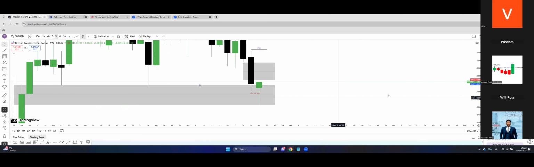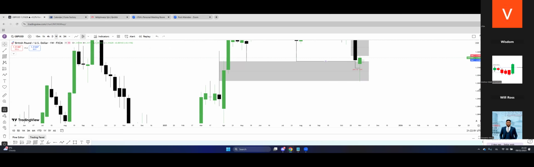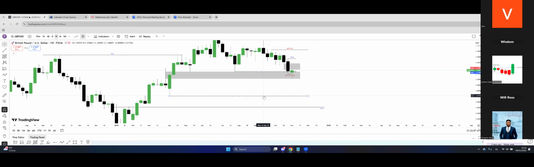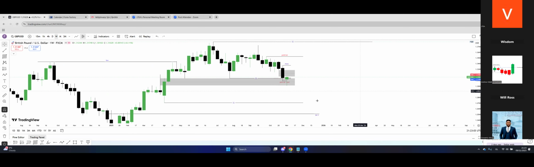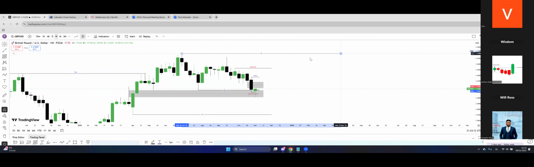Now, what can we anticipate or find out this week? For what I can see personally, I would like price to trade into this inefficiency. And from here, I can see if price wants to start going down or going higher. And if price wants to start going down, then we might have new targets, such as the current one first, then this one, then there is another low right here. So we know we have targets down here. And if price wants to continue going higher, we know we have targets, multiple highs, and an overall high that price may be targeting.